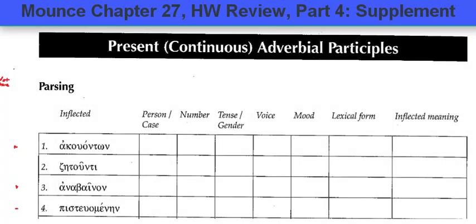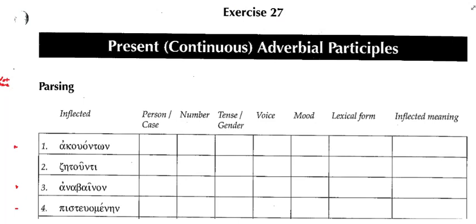So chapter 27 is all about participles, and participles are verbal what? Adjectives, that's right. Participles are verbal adjectives. So they describe or modify some noun, and if they're adverbial participles, they're describing when that noun performed the action, or maybe why. So there's different ways to translate an adverbial participle, which is what we're talking about in this chapter. When we get to chapter 29, we'll talk about the adjectival use of participles.